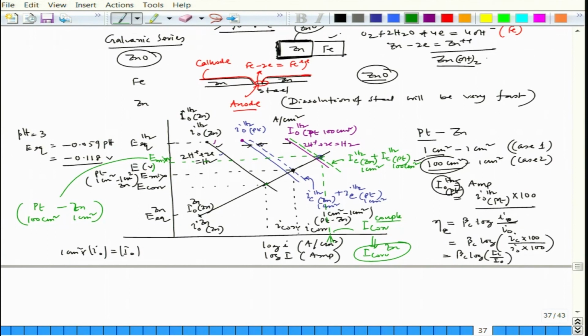So, now you could see that in this case this was the cathode and this is the anode, and if the cathode area goes up in comparison to the anode area, you could see the consequence: the anode dissolves at a much higher rate. So, this is the mixed potential theory to understand the effect of area ratio.